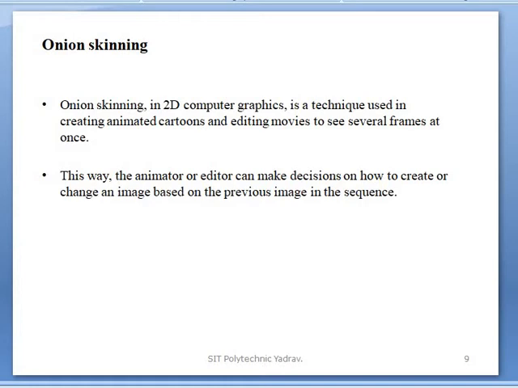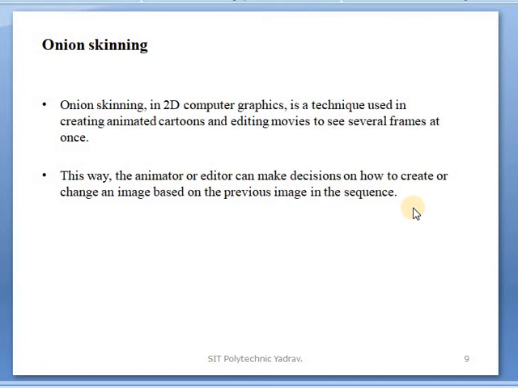Next point, onion skinning. It is one type of effect on that object. Onion skinning in 2D computer graphics is a technique used in creating animated cartoons and editing movies to see several frames at once. This way the animator or editor can make decisions on how to create or change an image based on the previous image in the sequence.